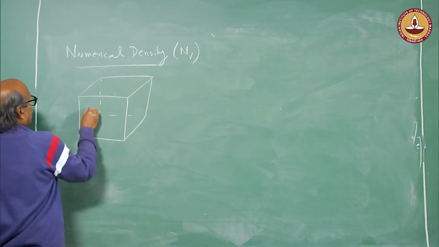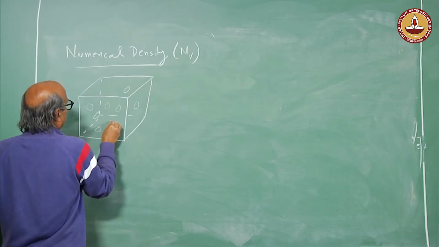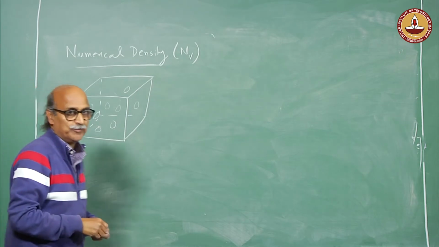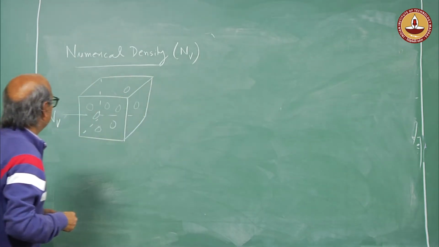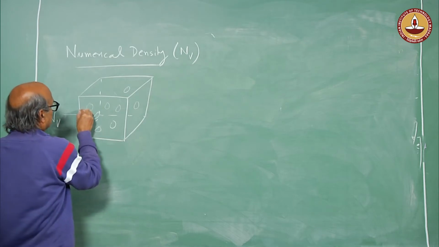So, I have again particles or precipitates inside, and there is some number per unit volume of such particles that I need to estimate. When I take a section through this,